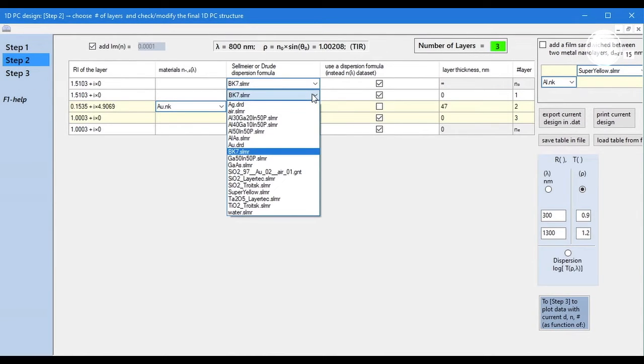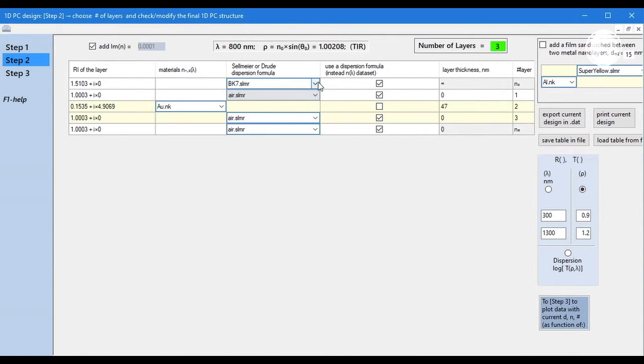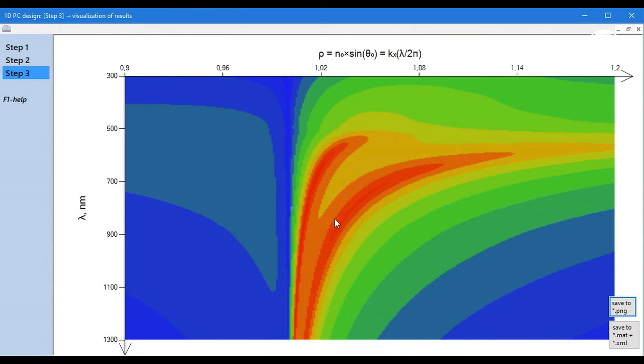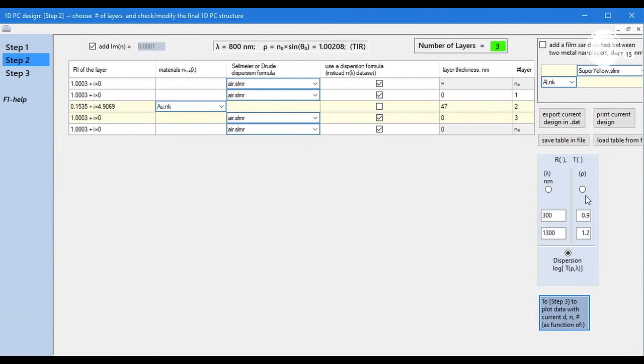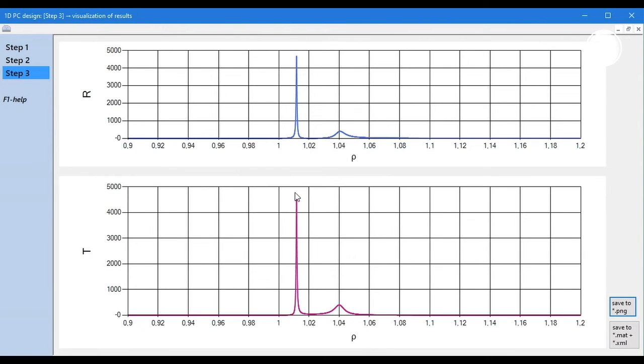The situation can be dramatically improved by making the design symmetrical, with air on both sides of the film. That is, when we have a gold film suspended in the air. Then our Plasmon curve splits into two, and both a long-range branch and a short-range branch appear. You can also see it on the angular curve. This is the long-range branch and this is the short-range branch.